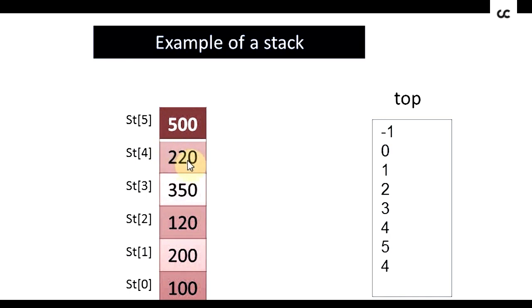So naturally I will be able to delete only the value which is at the top. So now the value of top will be decremented by 1, and from 4 it will become 3. So what is the current value of top? The current value of top is 3. So we are left with 4 elements in this